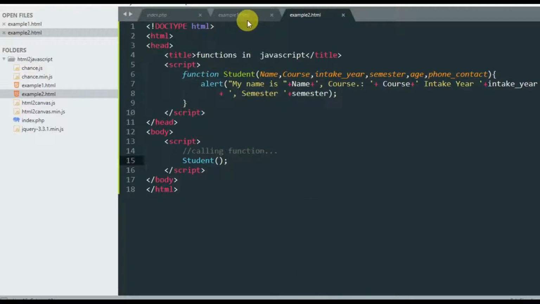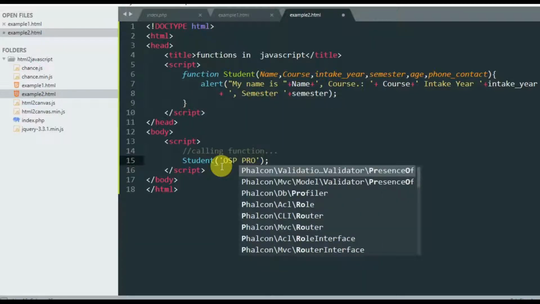Now to make those work, as you can see down here, I need to go down and call for what I want. Like my name is, so you give the first parameter to be what you want. It's based on something called a character, a string. I have to respect a string by putting quotes. I simply say maybe OSP Pro.